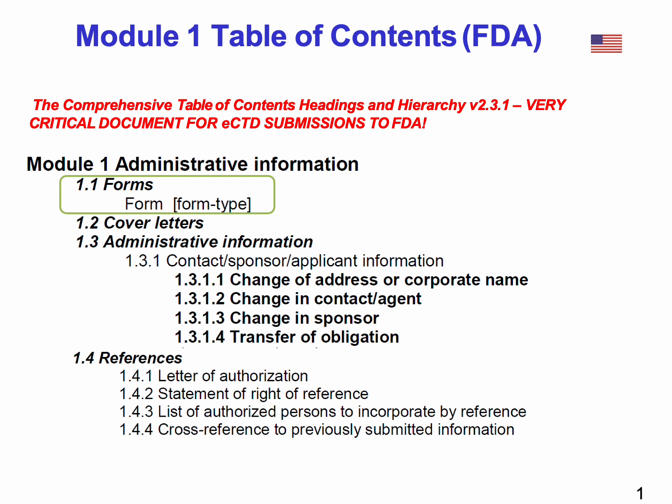So here we have sub-module 1.3.1, where we have contact, sponsor or applicant information, and underneath this sub-module we do have other sub-modules like 1.3.1.1, 1.3.1.2, 1.3.1.3, 4, etc., where each of those sub-modules has a specific name that doesn't change either. And within these sub-modules, we are going to add documents related to what is required in each of them. And all of those documents also have a standard for the naming.